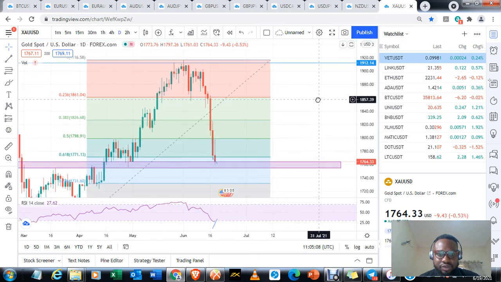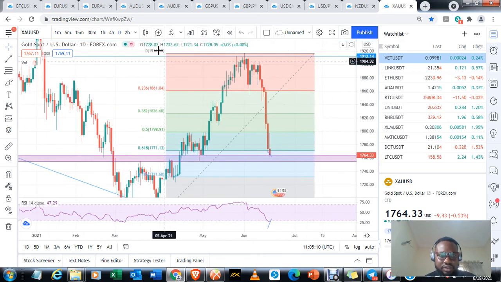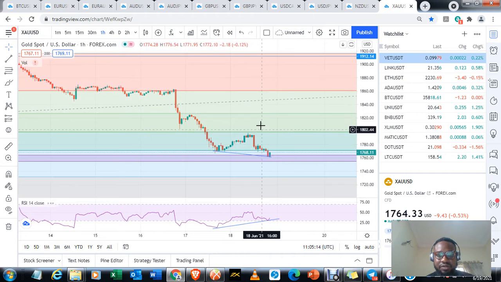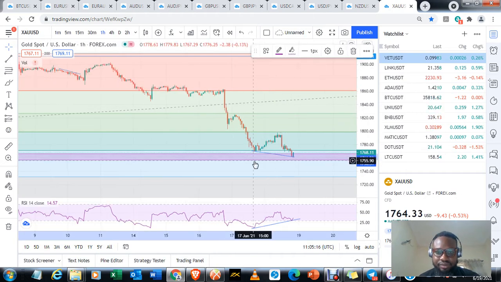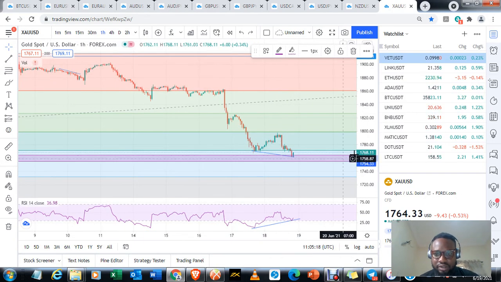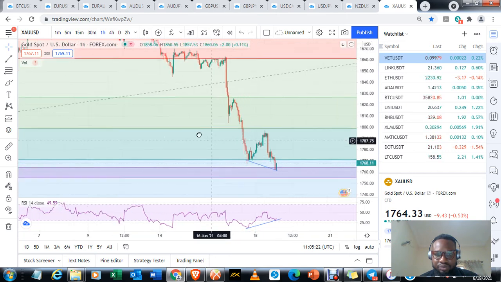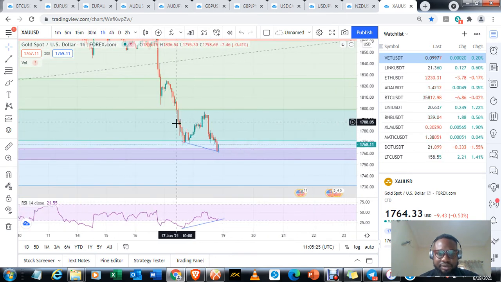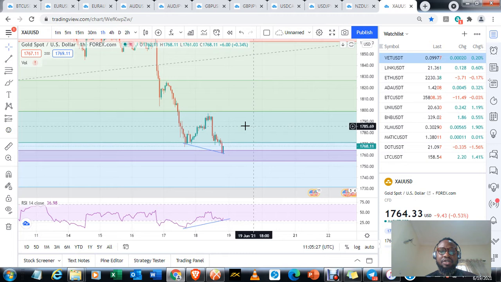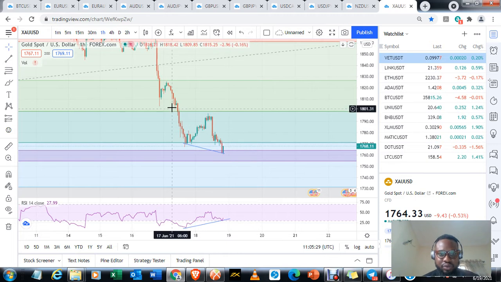Yes, and so what I did when I saw this is, okay, I went down to the lower time frame, specifically the 1 hour chart. And going to the 1 hour chart, I discovered price had made a divergence. What is a divergence? Quickly, for those who may not know, a divergence is when price is making lower lows, but on the RSI or the stochastic,